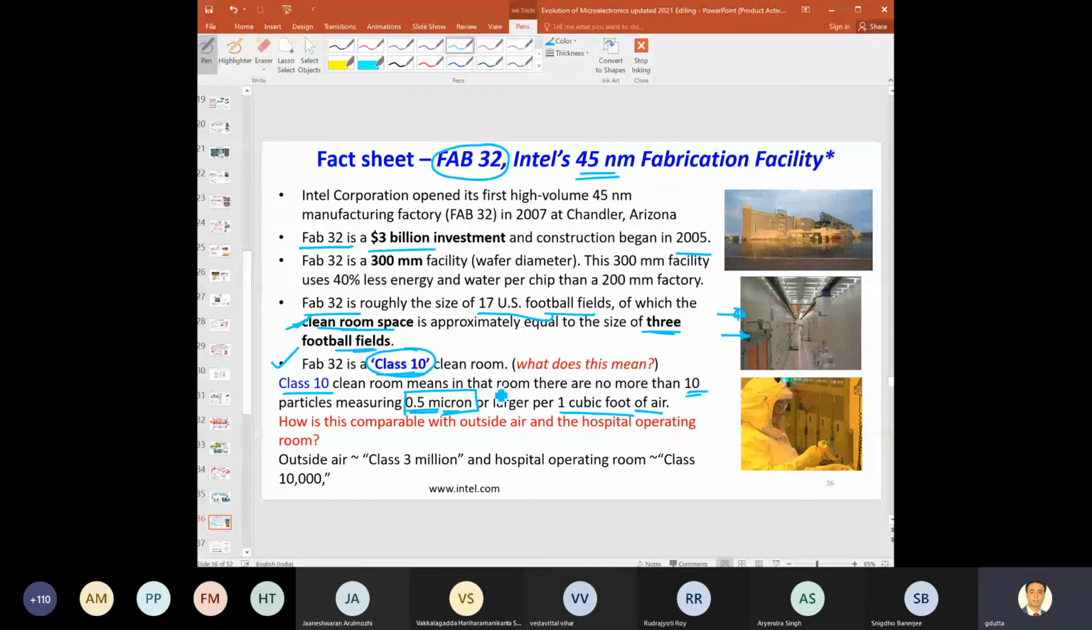Now, just to give a comparison with the outside world, for the outside air, meaning the normal atmosphere that we are breathing, if we have to give it a class, that will be class 3 million. Just think about it. Even hospital operating rooms, which seem to be very, very clean to a normal person, are also class 10,000 rooms, right? So you can understand how much cleanliness is required in manufacturing